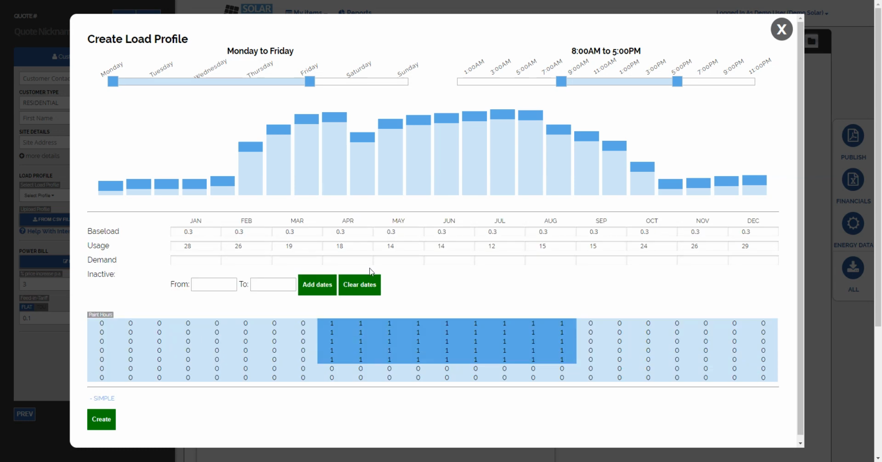other options now. We can actually define monthly base load, daily averages, and usage averages for each day in January, for example. So they might use 28 kilowatt hours per day in January, 26 kilowatt hours per day in February,